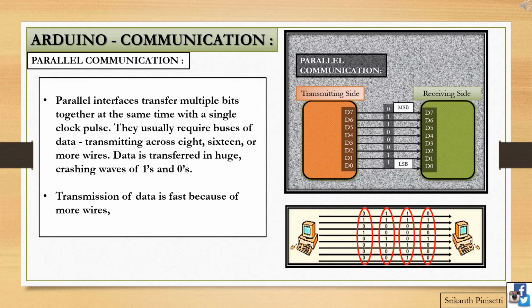So guys, now we'll start with parallel communication. Parallel communication includes more than one wire, so we can transfer multiple bits at a time, that is, a byte at a time. Byte in the sense it consists of 8 bits. But it has some drawbacks because it is not cost effective. Why? Because we should buy more wires to connect the transmitter and the receiver. And for longer distance communication it becomes more complex because of these multiple wires. So we came up with a new method known as serial communication.